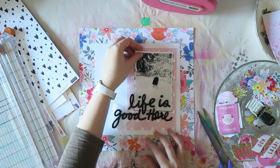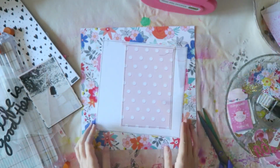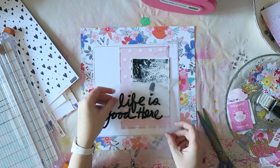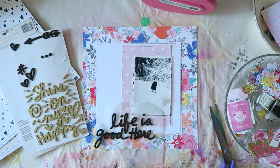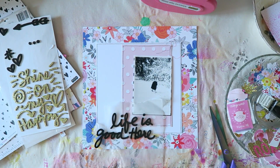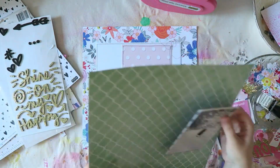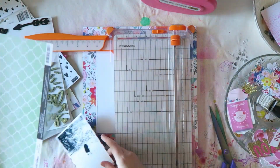So back to the original plan with the floral, and this I'm already liking. I cut down the white cardstock. I think it's now about a 9-inch square, so that leaves me plenty of space around. You can still see the gorgeous floral. You can really get the whole effect of that floral paper, but I still have enough space for some